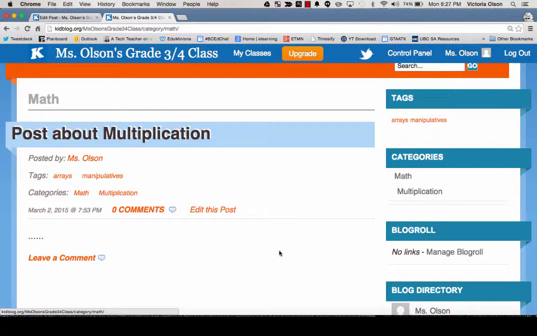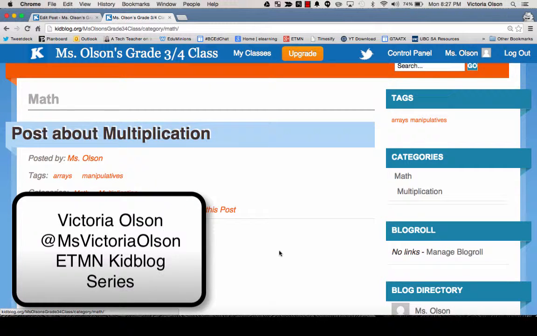So thank you for joining us for the settings features of Kidblog. Next screencast, we are going to be exploring the iOS app for the iPad for Kidblog, and just a really quick overview of how kids can use that instead of the web tool